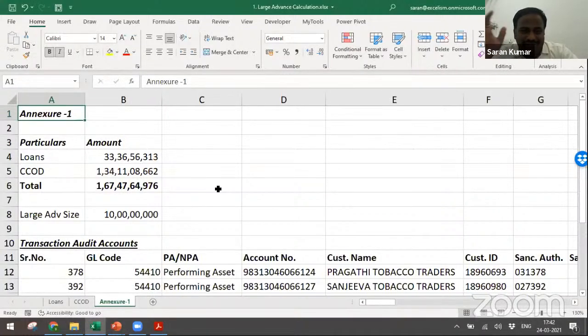Even if something went wrong in that year, in that branch, they may always think that, okay, Sharon probably might have spent full time and did a nice process with respect to the sampling and everything, but still he could not look into this because of the sampling.